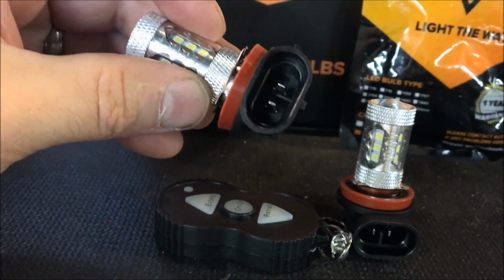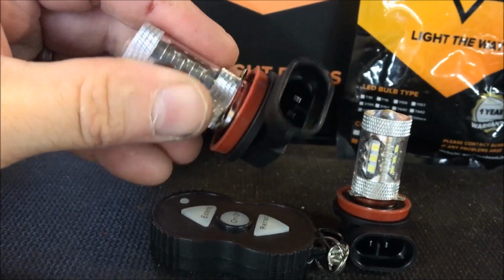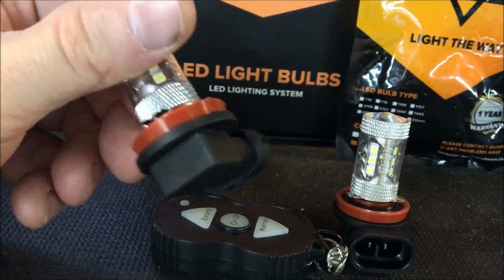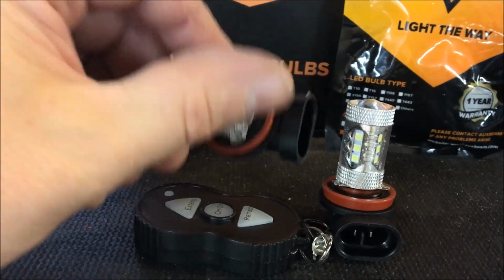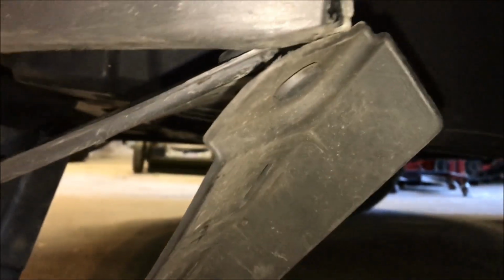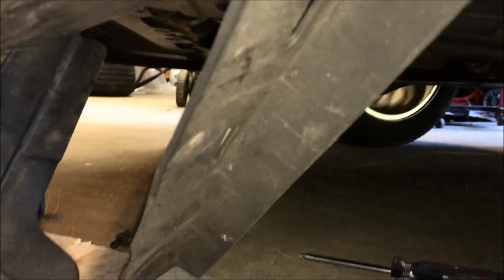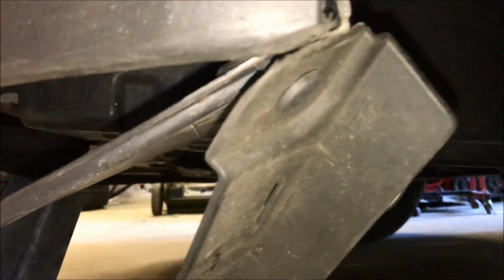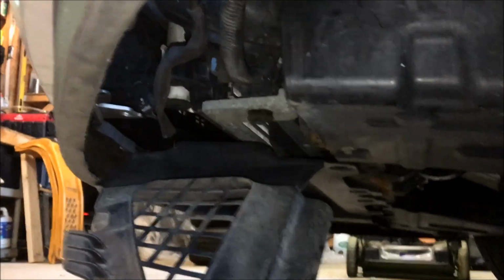Right, and then it's just your standard connector with a gasketed type fitting that's going to seal up against your stock housing. Okay, so if you've never replaced a bulb in a Chevy Cruze, it is kind of a ridiculous process, because what you have to do is remove a bunch of the body cladding and everything else to get access to the bulb. And once you do,